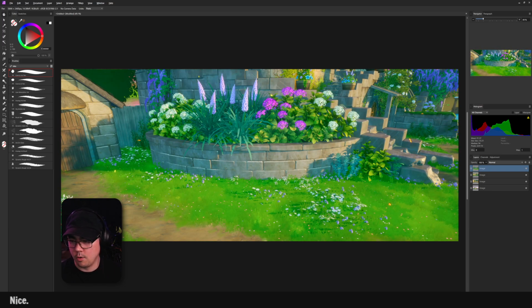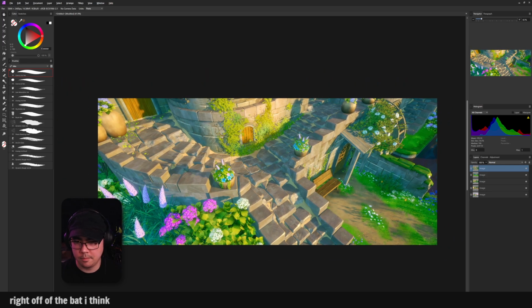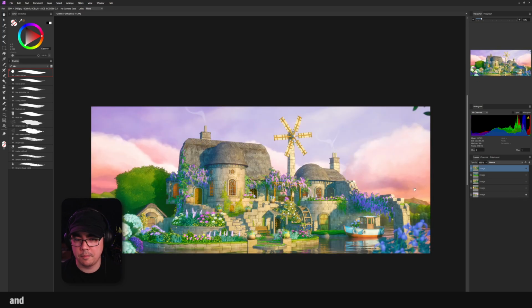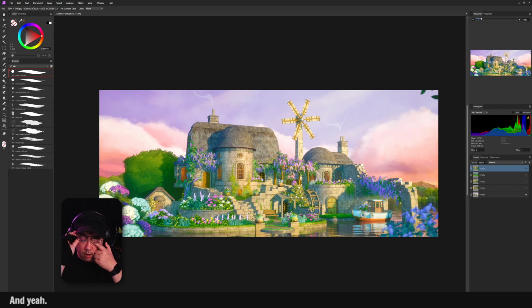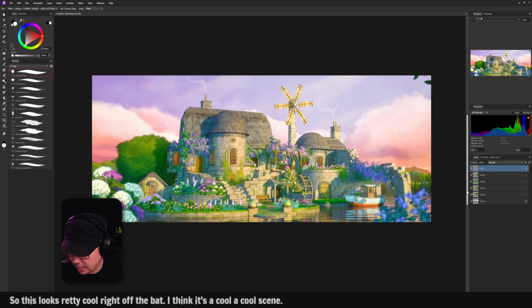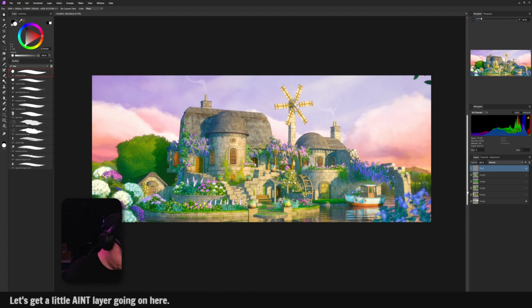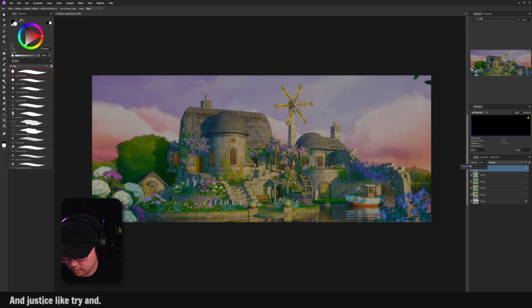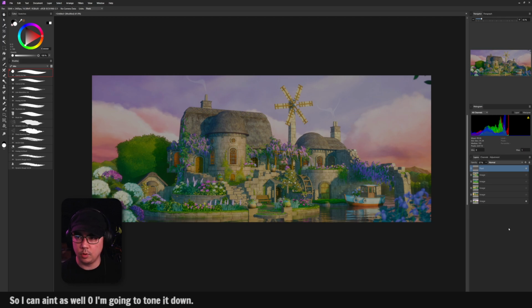Nice. Okay, right off the bat, I think it's very busy. So let's do this. Okay, hang on here, scratch my eyeball. So this looks pretty cool right off the bat. I think it's a cool scene. Let's get a little paint layer going on here. Just gonna go back like this and try and make it so I can paint as well. So I'm gonna tone it down just so we can